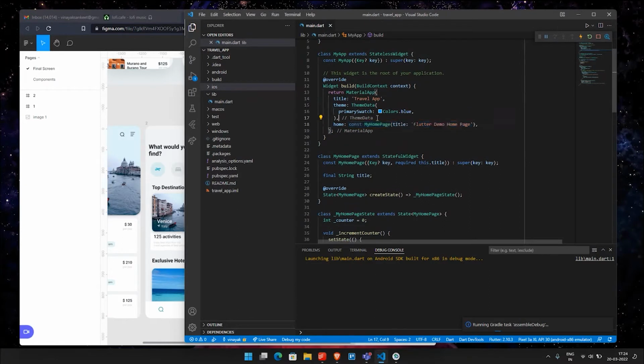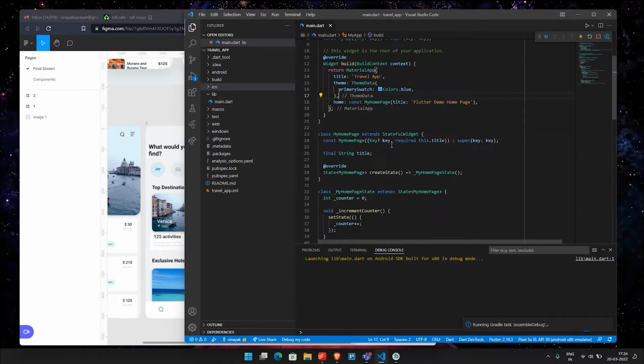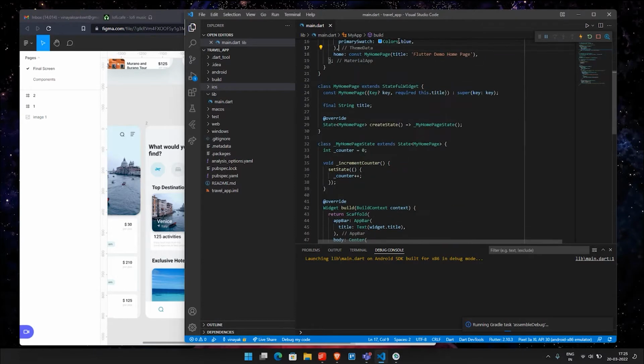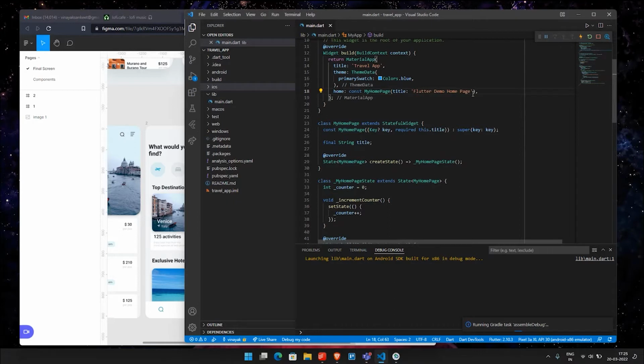You can directly add your scaffold widget here also, but just to optimize your code, or for better coding practices, it's always better to split your widgets into different classes. So that's why initially we are calling it in my homepage. For now I'm just going to remove this part because